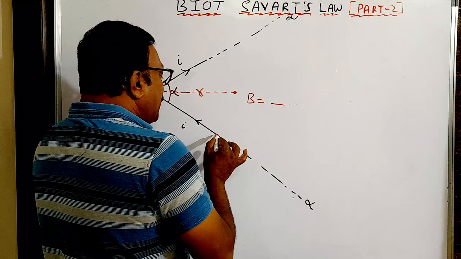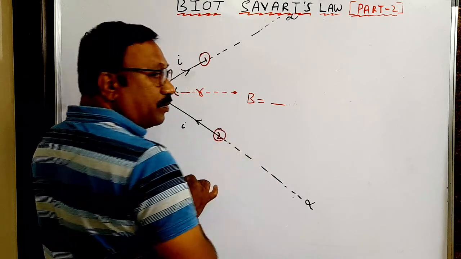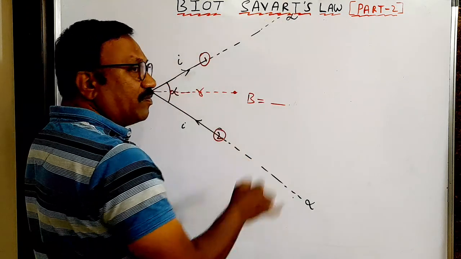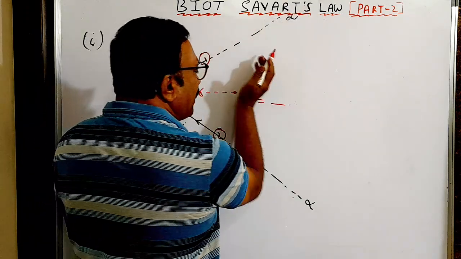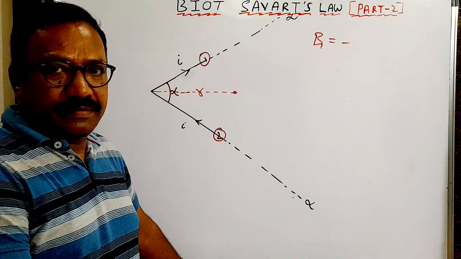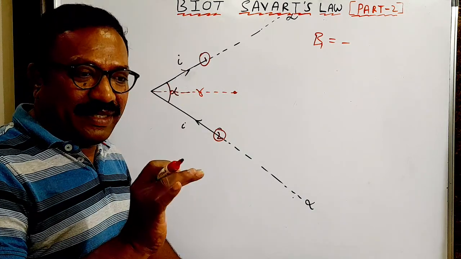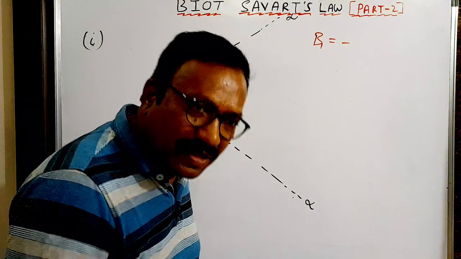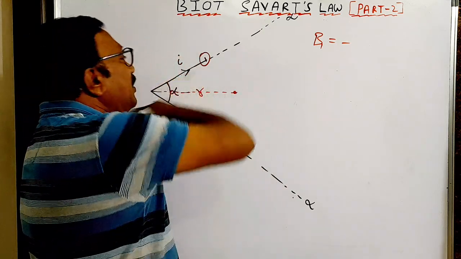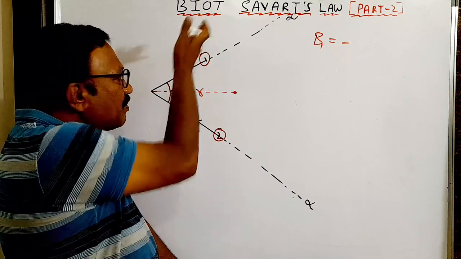So I will consider this as wire 1, this as wire 2 separately. This is the first wire, this is the second wire. The magnetic field due to the first wire here is B1, I will calculate first. Then due to the second wire it will be similar. So before you apply the formula mu naught I by 4 pi d into sin theta 1 plus sin theta 2, what is d, and theta 1 and theta 2? Am I right? So at this point you want the magnetic field due to this wire. So perpendicular distance I want, not this R. This is not the perpendicular distance from the wire.